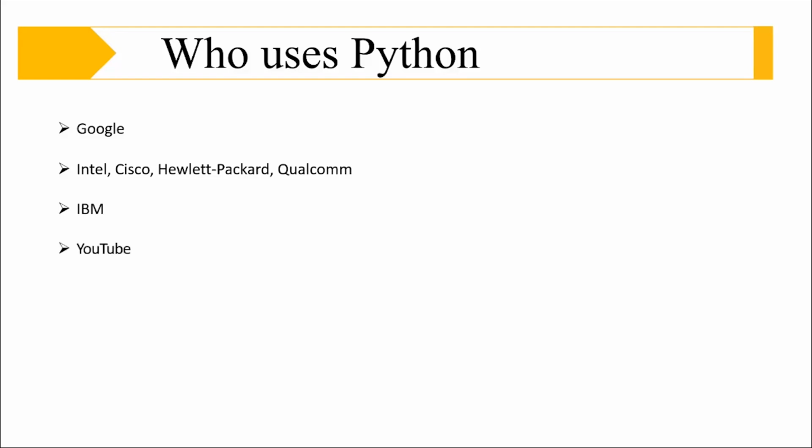And then we have YouTube. What is the use of YouTube? What people do on YouTube is, they go to YouTube, they do searching, but first of all, they create their channels. People need to have channels in order to upload their videos or share their videos. So YouTube's video sharing service is written in Python.